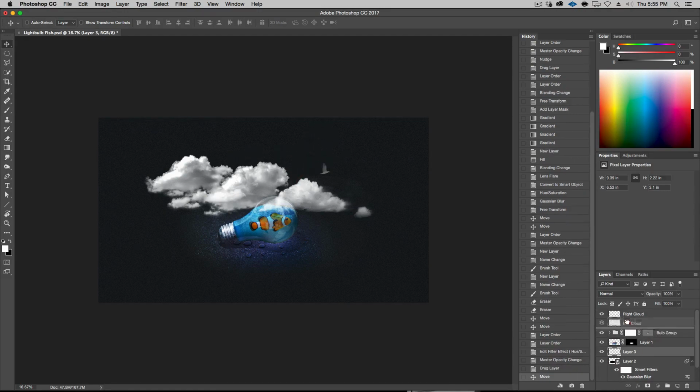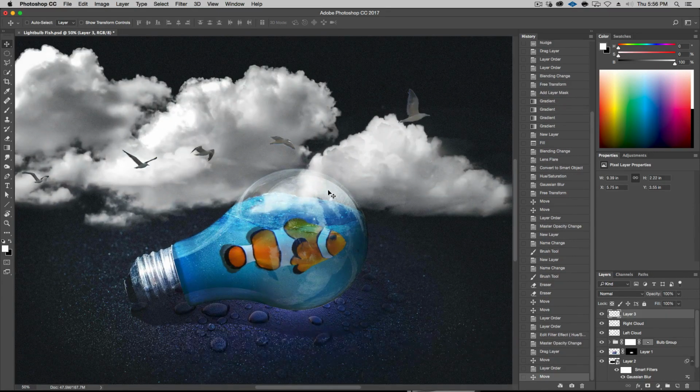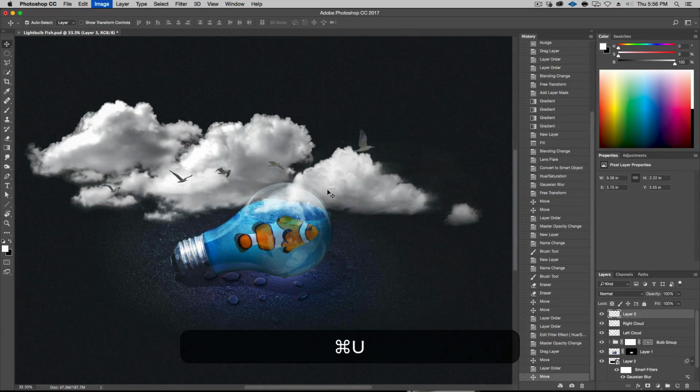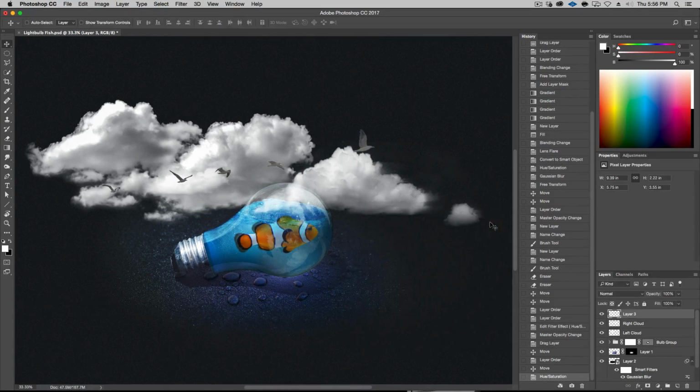And let's bring this all the way to the top, in front of the clouds. There's a little bit of color in there, which I don't really like. It's that blue color. So hit Command U. We're going to desaturate our cyans and blues. First cyans, pretty low, and then our blues. That should get rid of that color that was kind of peeking through. So that's pretty good.